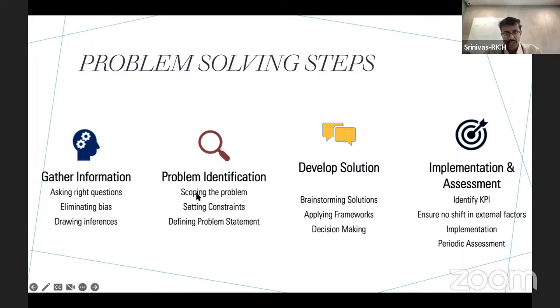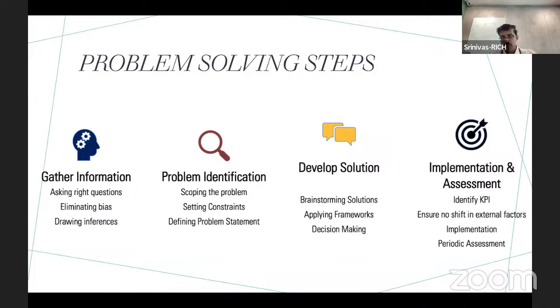So at a problem identification point, you do not think about any solutions. It is just plain brainstorming to get the problem identification. That's it. Okay. Beyond that, then you look at the solutions. Now there's a separate phase for solution where you apply multiple frameworks which help you think through the problem in a more methodical manner, which help you analyze the problem either qualitatively or quantitatively, and arrive at decisions required to address that problem. And then once you have the solution, you look at implementing.